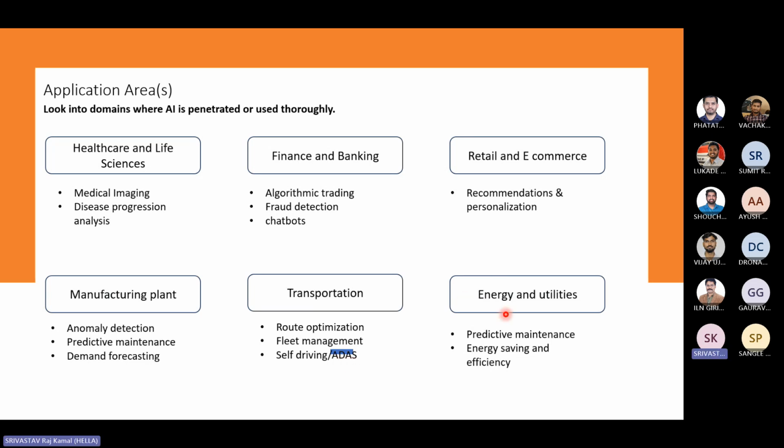And lastly, not last, but one of the last points mentioned here is energy and utilities. Every company wants to save energy, and if they do predictive maintenance the way we do predictive maintenance in the manufacturing plant, we could save so much energy that eventually converts into numbers, some money, and that is what we saved. So how can we do that? What preemptive steps could we have taken to save the energy? That comes under the area of predictive maintenance.